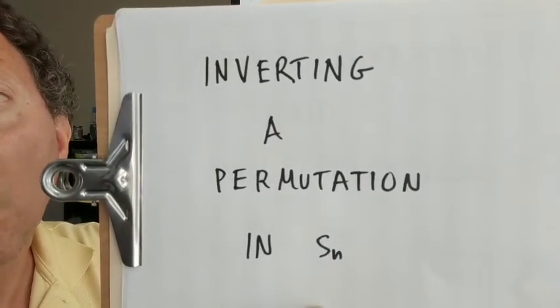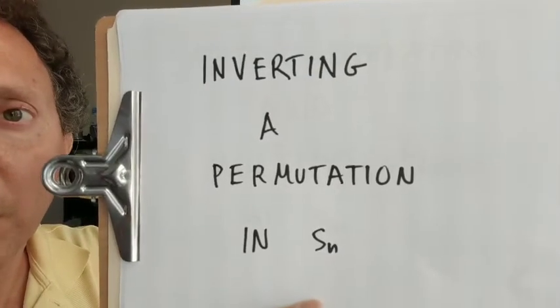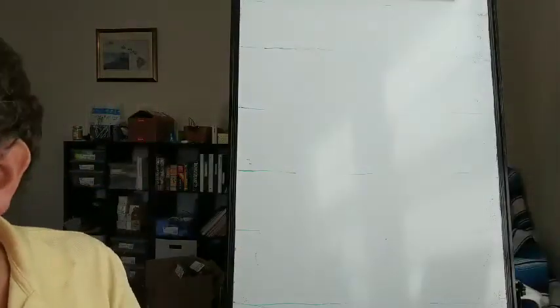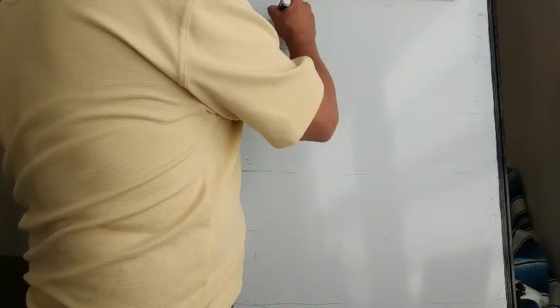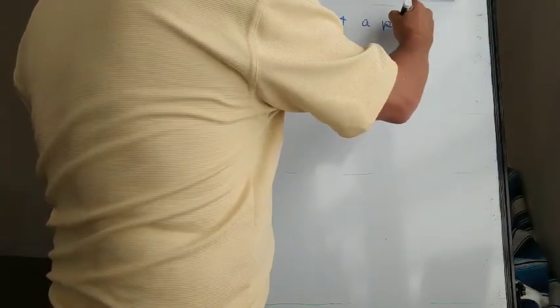Now, in a group, all elements have inverses. So let's look at inverses in the symmetric group. Now, inverting a permutation is easy no matter what notation you're using. To invert a permutation